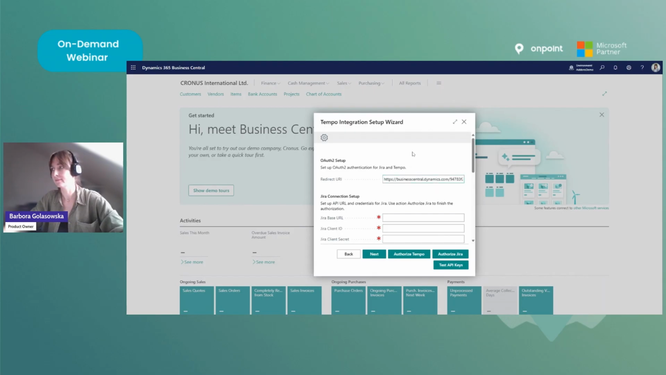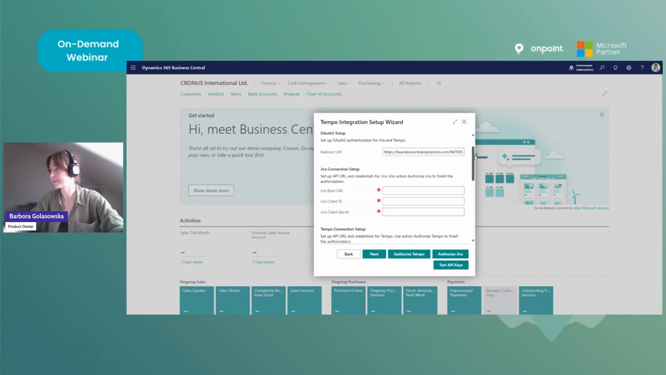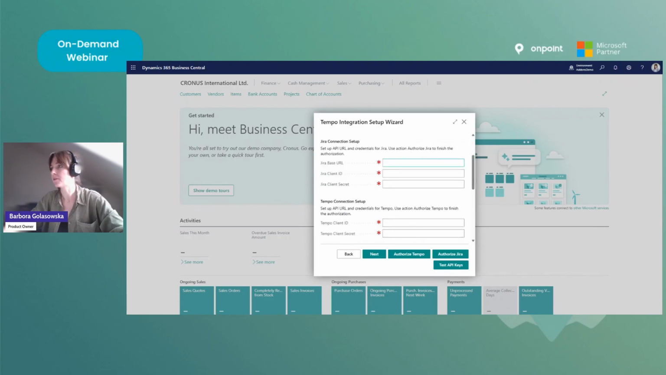Okay, we should be good. And now we can move to the following step, where we are going to set up the connection to your Jira instance. So we can start with the first value here, the Jira base URL. It's the URL address of your company's Jira. So let me just copy